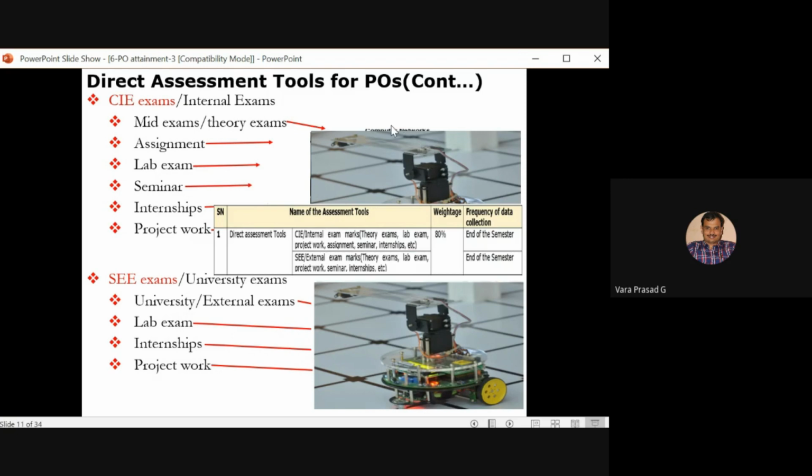Now, in order to calculate the PO attainment value, generally every faculty member does it for each subject. For example, I'm handling a subject called DBMS. For that particular subject, I do the calculation of the CO attainments. Of course, I will also do the PO attainment with respect to my subject. At the end of the semester, I will do the attainment of the CO, as well as for the POs I have mapped in my subject. In the sense, I will take the CIE value as well as the SEE value, and calculate the CO attainment value as well as the PO attainment value.